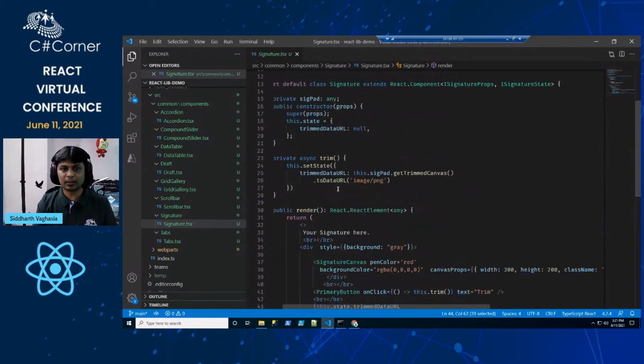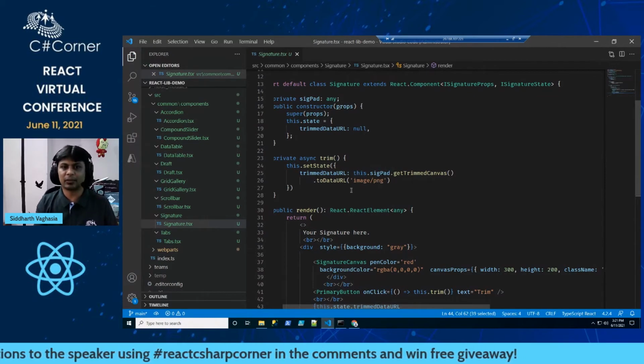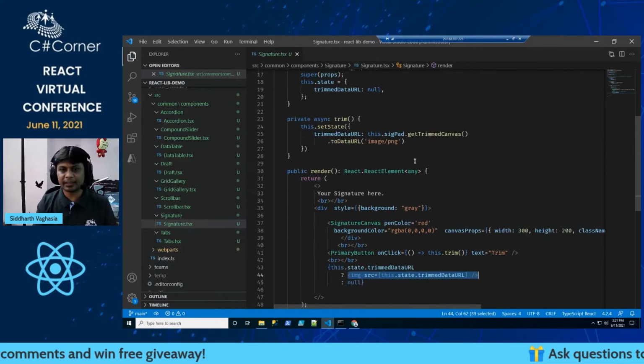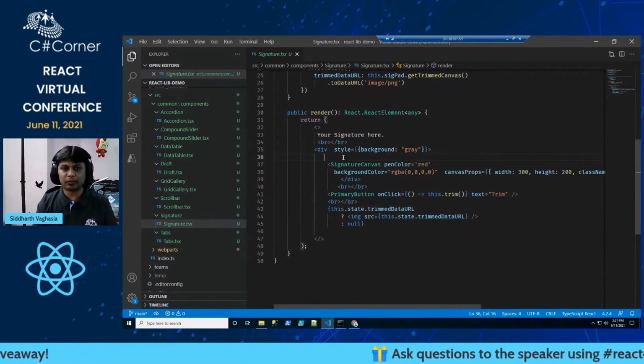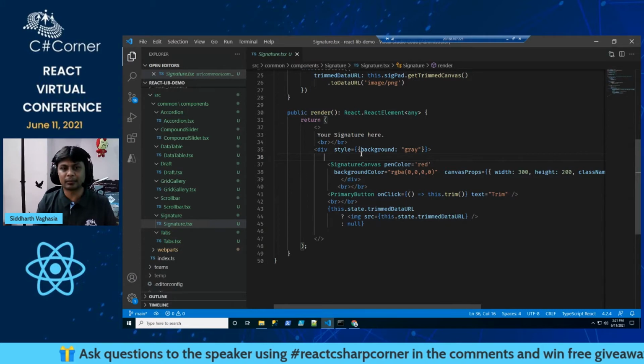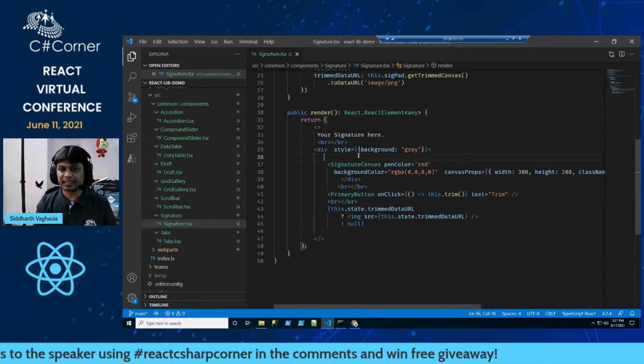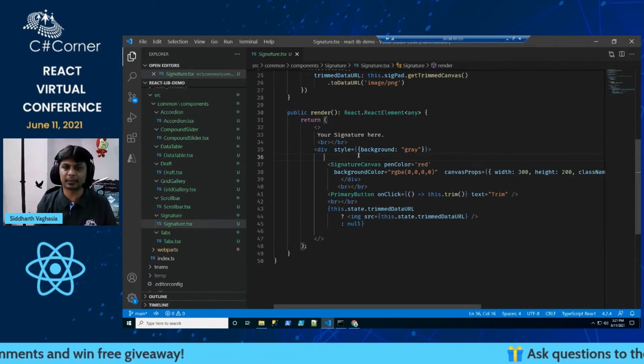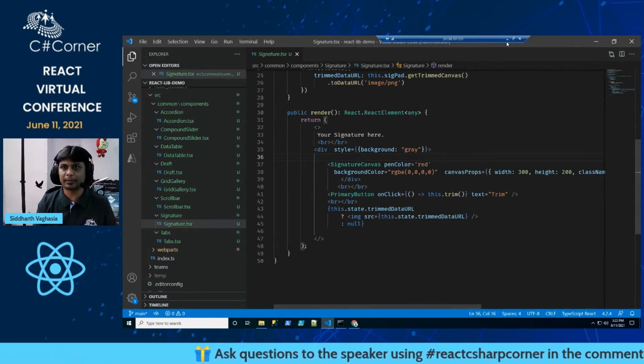Correct. So this is pretty much about the signature component. Again, there are different options available, which we can go and see in the documentation to see what all things are possible with this particular library. I find it very interesting, and maybe a free solution. I have implemented it for a couple of customers, where they wanted to get the signature, so that the user who is requesting would feel that they are signing something, rather than just submitting data as part of the request, like a travel request or expense request.